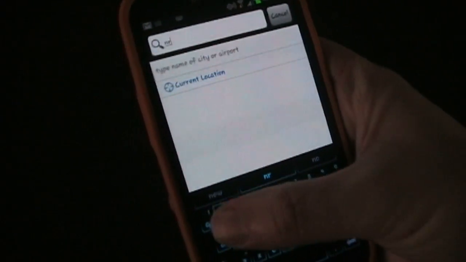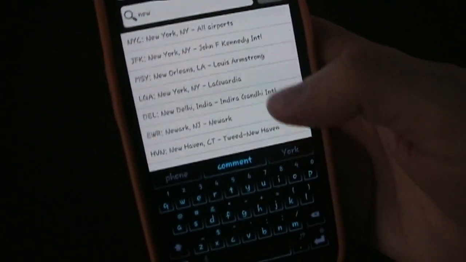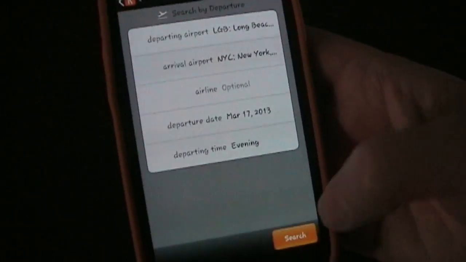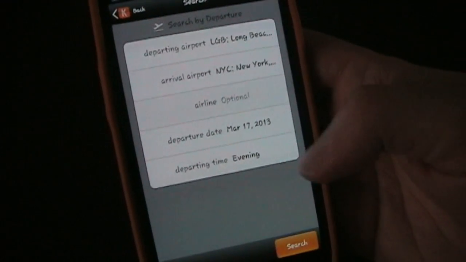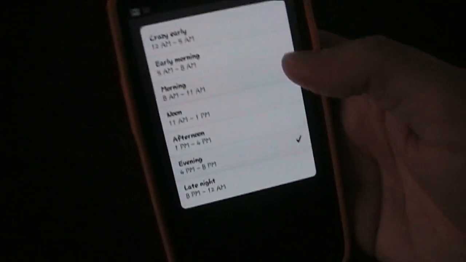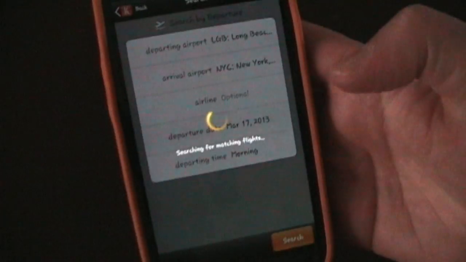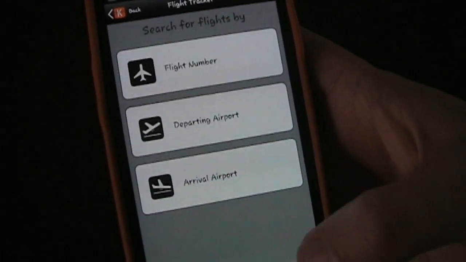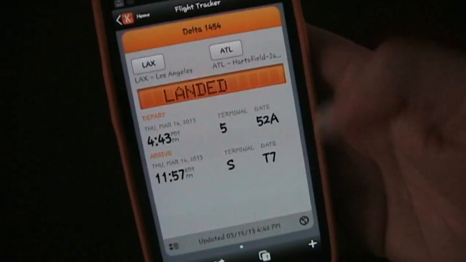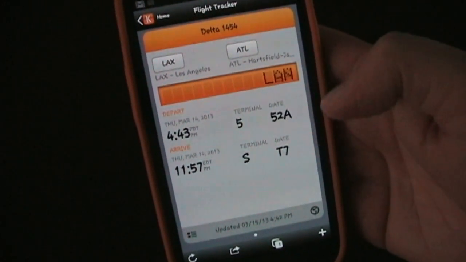How about New York? Probably there is, because no flights. Maybe I have a bad departing time. Maybe that's the problem. Nothing. Well, Long Beach is a small airport, but anyway, once you've put it in there, you get this nice little